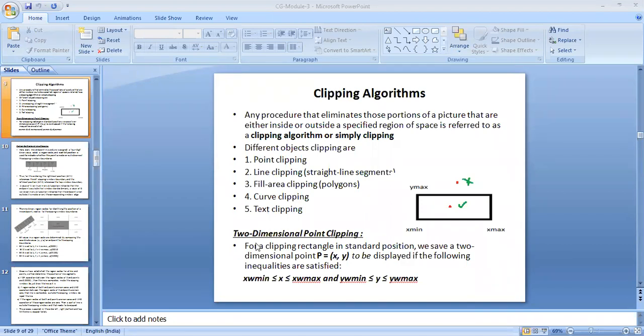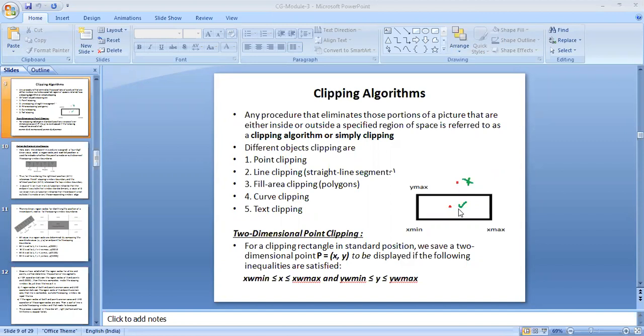Now coming to the first type of clipping, that is point clipping. How can we define point clipping? Point clipping means a point I need to clip, that means a point I need to remove. Consider this is my area, this region of space. I will call this my window. The usual constraint is that all the points within this window are required, and all the points outside that window are not required for me. That means all the points outside this window I need to clip, remove, or delete.